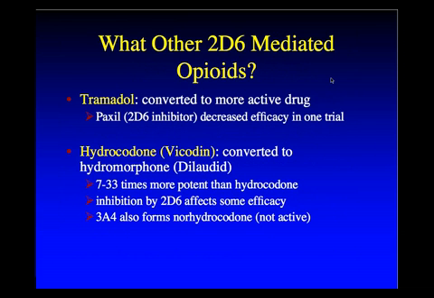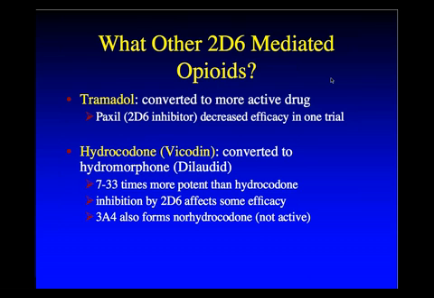What about some of the other opioids like tramadol? It is converted to a more active drug as well. Tramadol is Ultram, that is one of the trade names, but there have been some studies in the literature and in experience where if you're using Paxil, which is a powerful 2D6 inhibitor, you can decrease the efficacy of tramadol. Again, because why? Because tramadol requires 2D6 for conversion to the active compound, and Paxil, being a powerful inhibitor, decreases